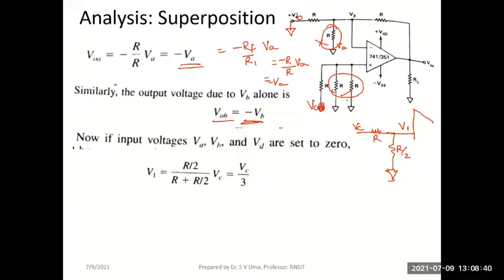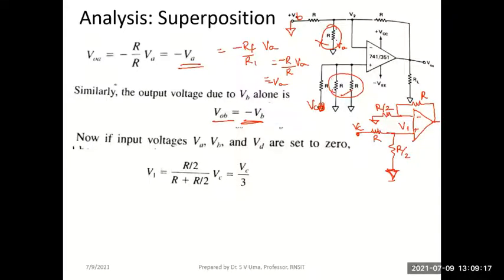And what do I have at the non-inverting terminal? At the non-inverting terminal, I have a single resistor R as the feedback resistor. And here I have R in parallel with R. So this resistance will be R by 2. See, both these resistors are in parallel here. So the effective resistance here is R by 2. I hope you're getting this. You're free to ask questions if you are not getting it at any point of time. If you have any doubts, please ask.